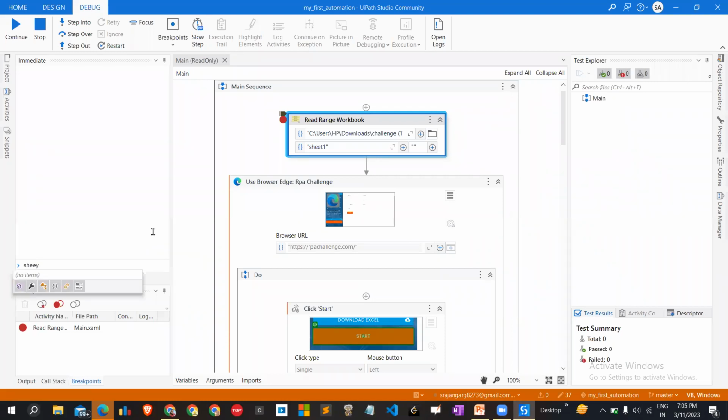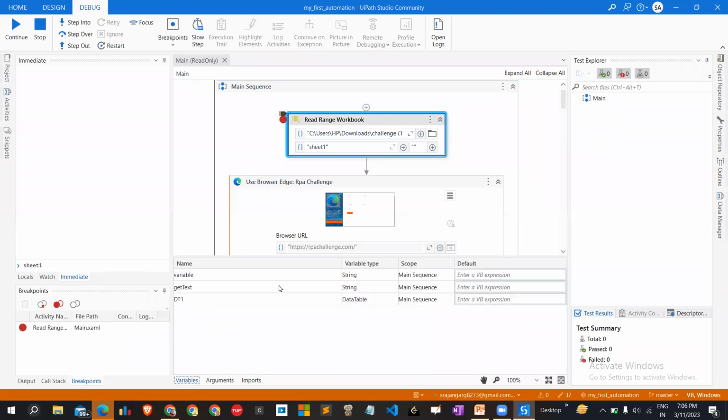If I am curious to know the value of Sheet1, you can see here, in my variables, there is a variable. I'm not going to walk you through what a variable is and how I have created this, because you already know about those things. Sheet1, right? So immediate is something